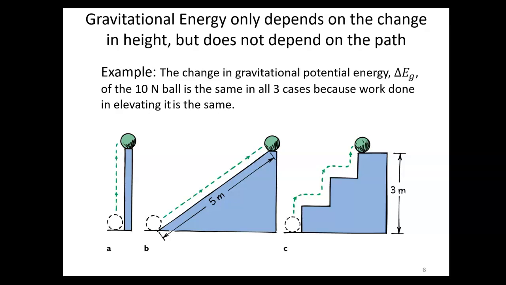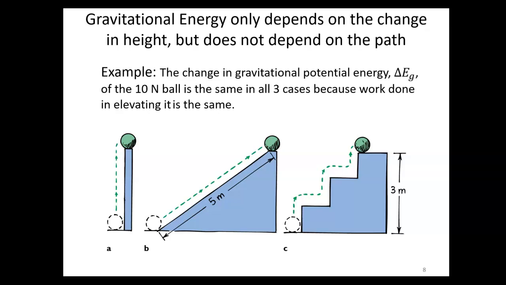a 3-meter height. In picture A, someone has lifted this ball straight up and placed it on a column that's 3 meters high. In picture B, the ball was rolled up an inclined ramp until it reached a height of 3 meters. And in picture C, the ball was taken up a set of stairs until it reached a height of 3 meters. The gravitational potential energy of the green ball is the same in all 3 situations because the